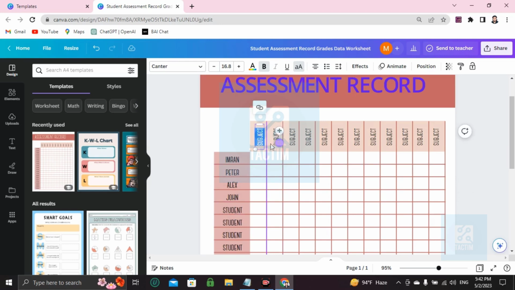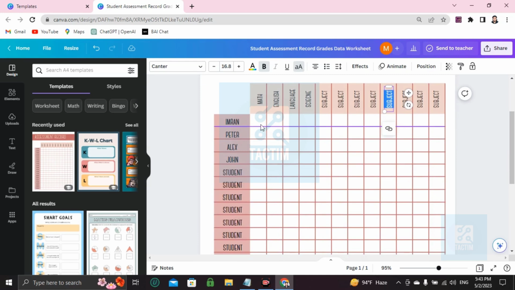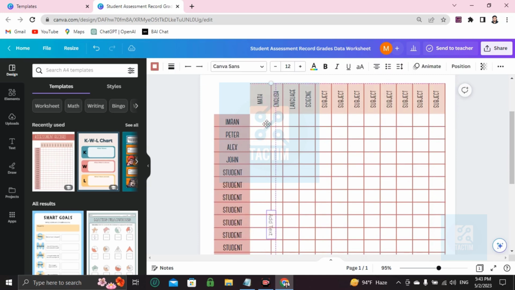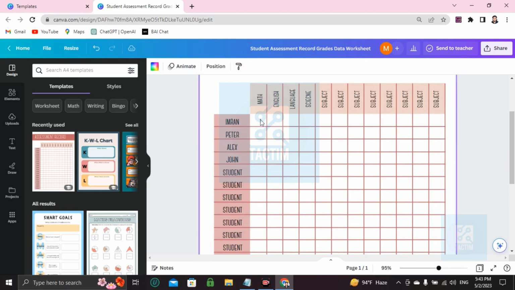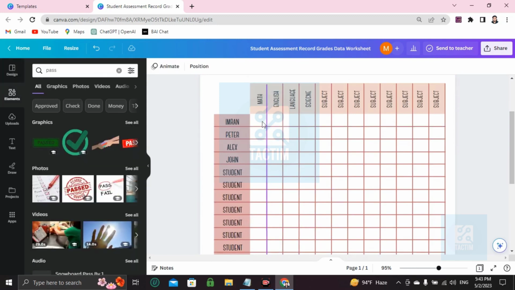Here's the subject. You can see subject 1, subject 2, subject 3. Just double click and write the subject. Math, English, language, science. Okay, like this you can add your subject here, and you can put here the assessment grade. Okay, now you can see here the assessment type of grade you can add,